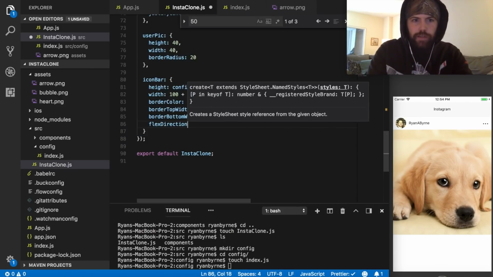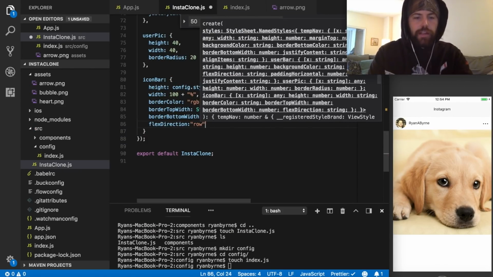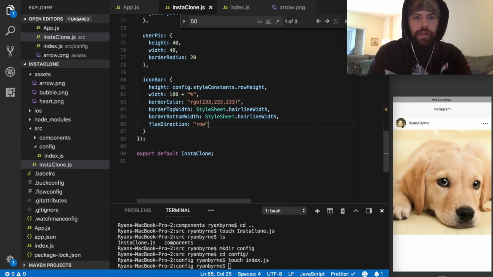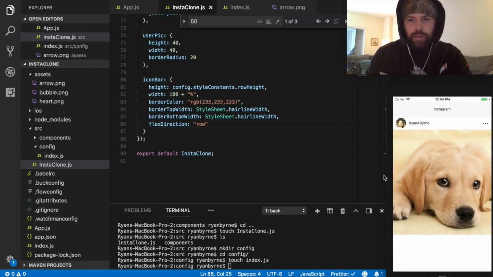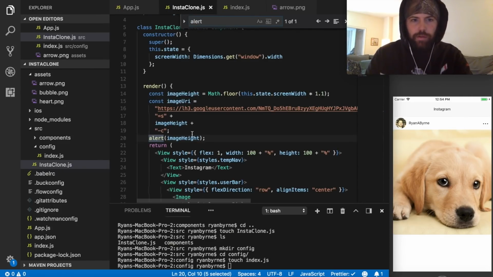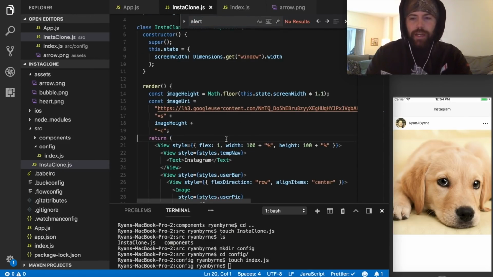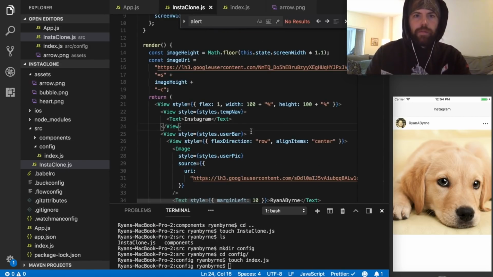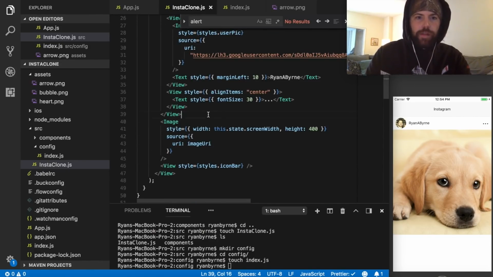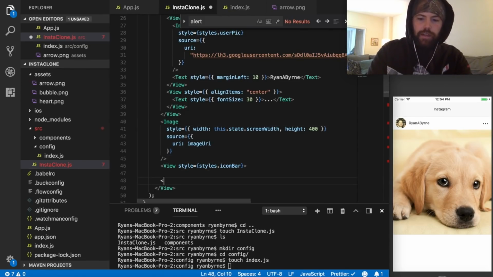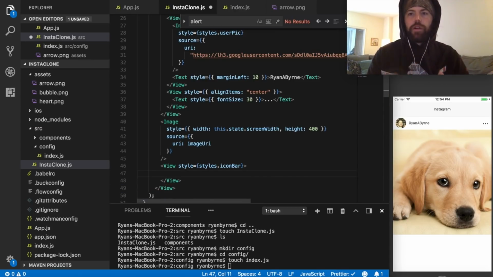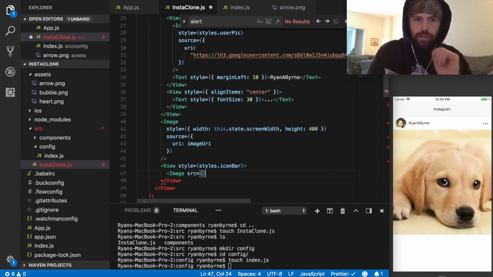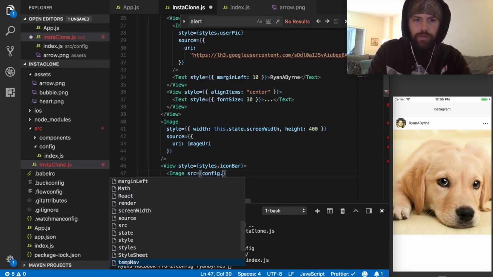And we're going to give this a flex direction of row. Again, it's column by default. I'll get rid of that alert by the way because that's getting annoying. We know that works. I'm just going to drop those images in there real quick and see how they look, and then we'll go from there. But I'm guessing they're going to align to the left by default. Now we have flex direction row. We should give them a little margin or center them vertically, I think, but let's give it a try. Image source equals config dot